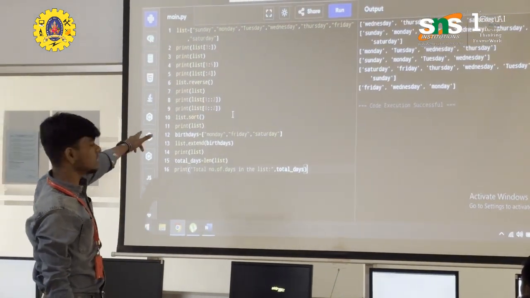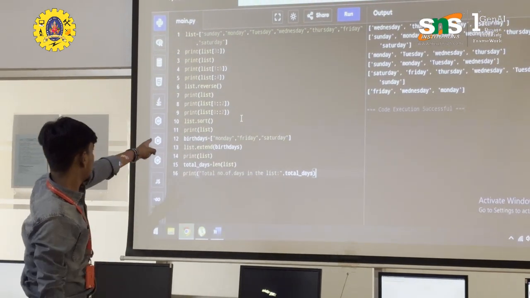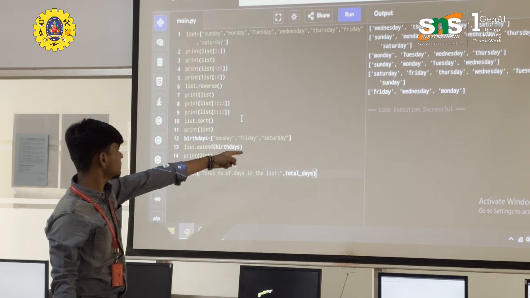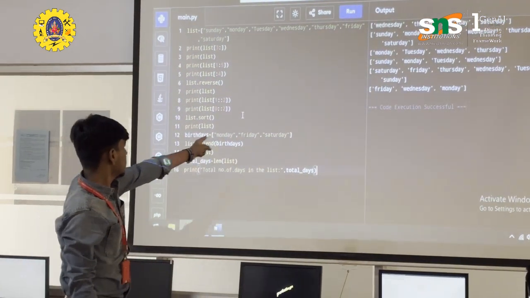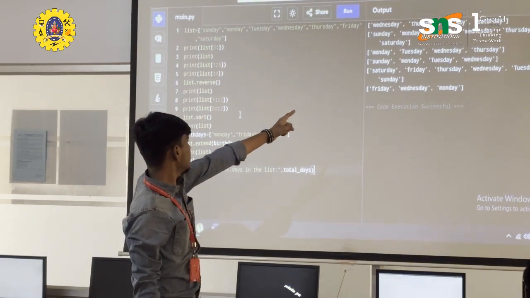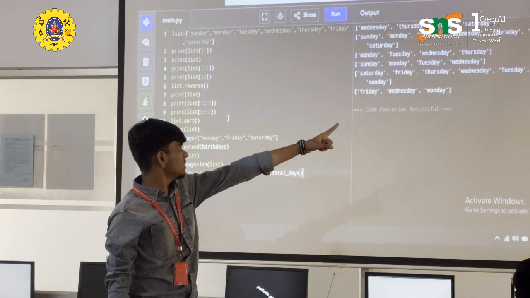Then we have to print the even days. We gave the slice with start 0 and step 2, so with 0 it prints Saturday, and it takes the entire list. First it prints Saturday, then skips Friday, 1, 2, Thursday, 1, 2, Tuesday, then it skips Monday, then